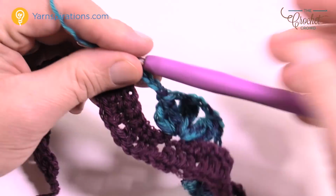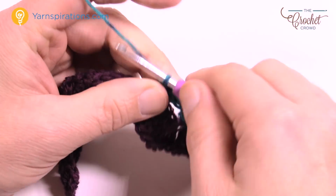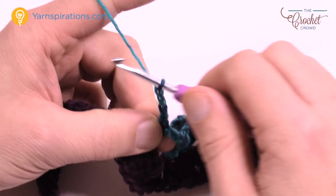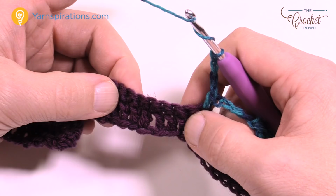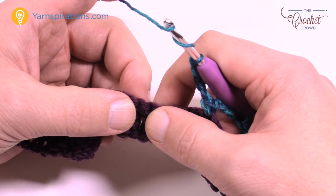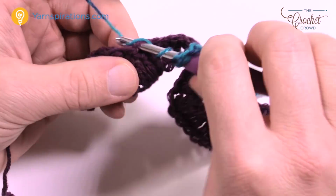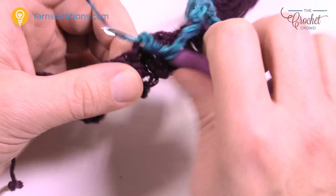So let's get ready, and we're gonna cover the bobbles again one more time, and we're gonna do exactly what you see here. So chain 4 to start. So 1, 2, 3 and 4. Wrap the hook twice to get it ready, and then you're gonna count to the 8. So go to the next one and start counting. So 1, 2, 3, 4, 5, 6, 7 and 8. Right where I'm pinching is right where I wanna go, and then we're gonna bobble and do it again and again,